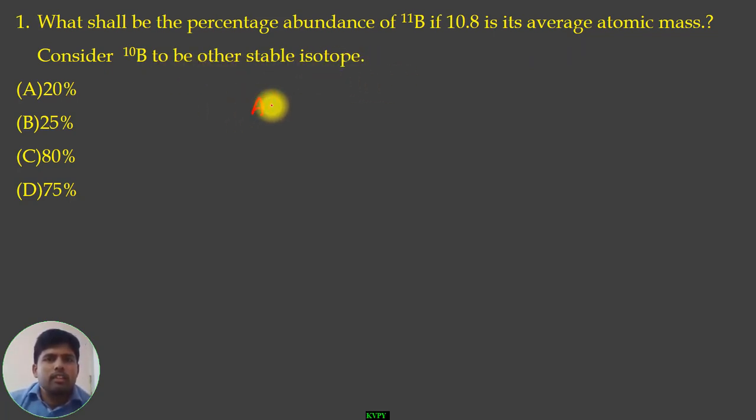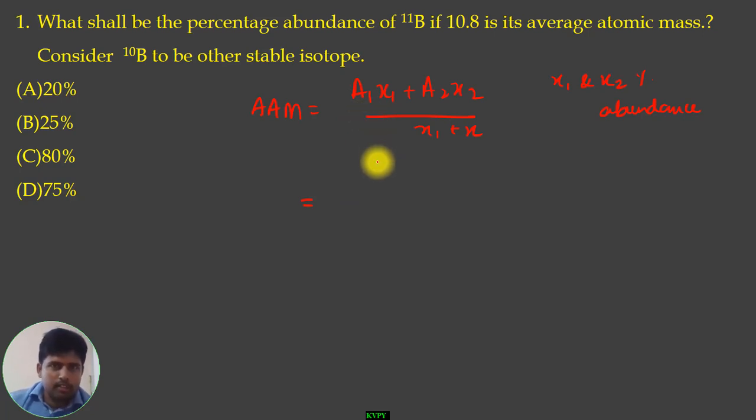So we know that average atomic mass is equal to A1x1 plus A2x2 divided by x1 plus x2, where x1 and x2 are the percentage abundances, and A1 and A2 are the atomic masses of the respective isotopes. So considering only two isotopes exist, it will be like